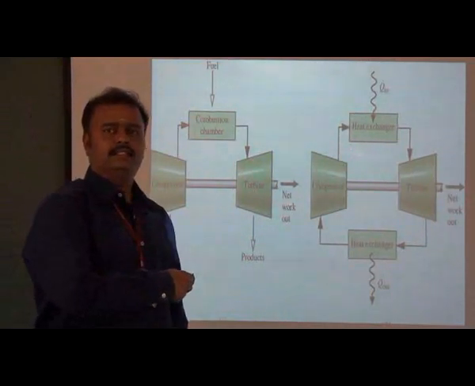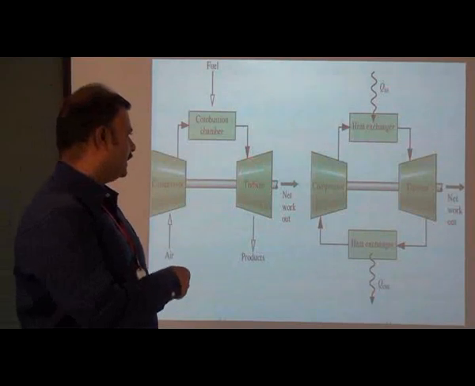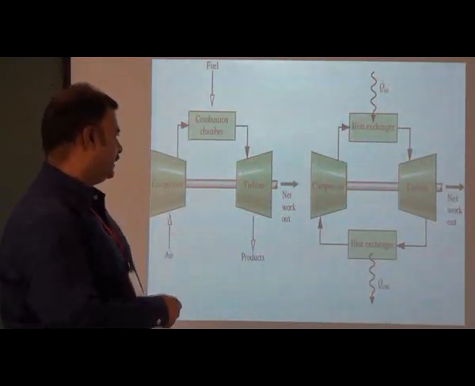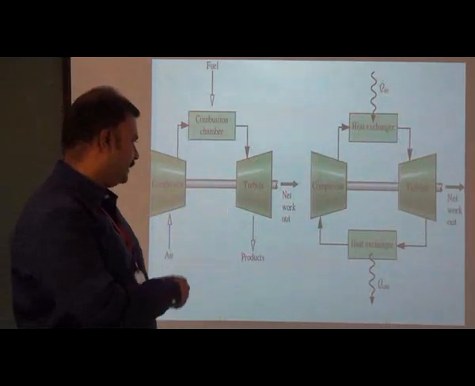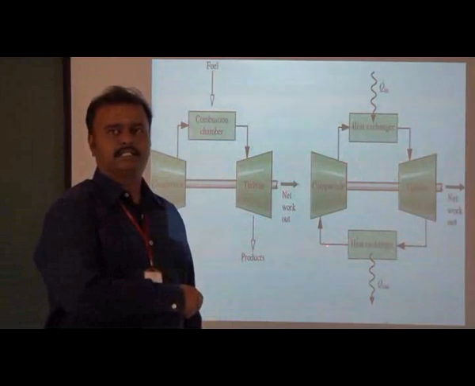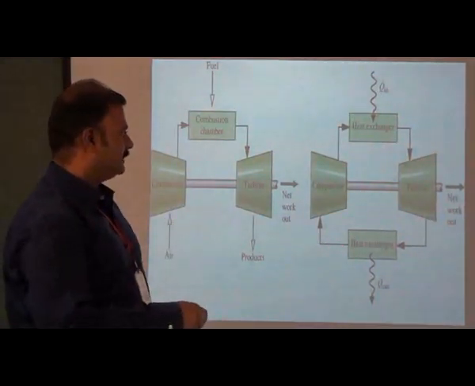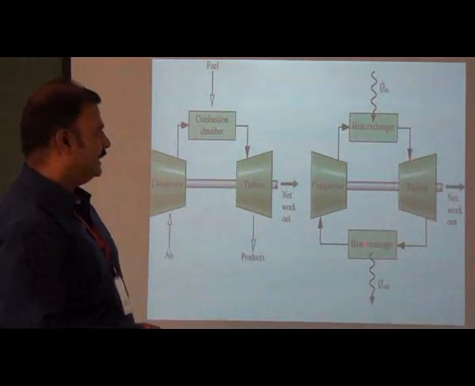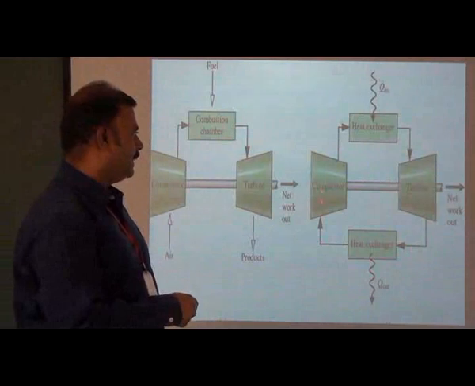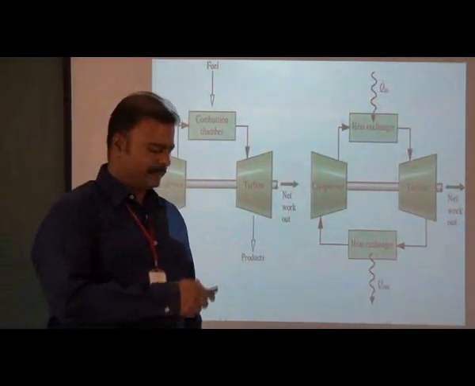Here the kinetic energy of the flue gases is used to run the turbine, converting the kinetic energy into mechanical energy. The turbine is coupled with the generator, and if the exhaust from the turbine is allowed to go directly to the atmosphere, it is called an open cycle gas turbine power plant. If the gas is cooled again by using the heat exchanger, called an aftercooler, and then circulated back to the compressor, it is called a closed cycle gas turbine power plant.